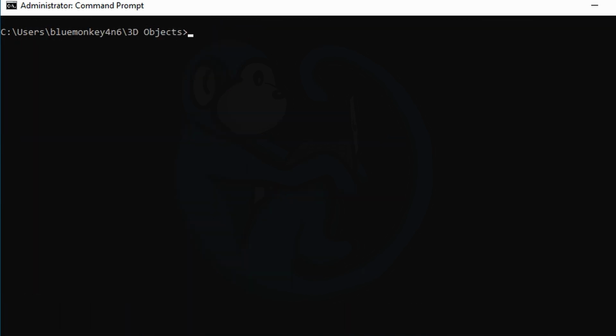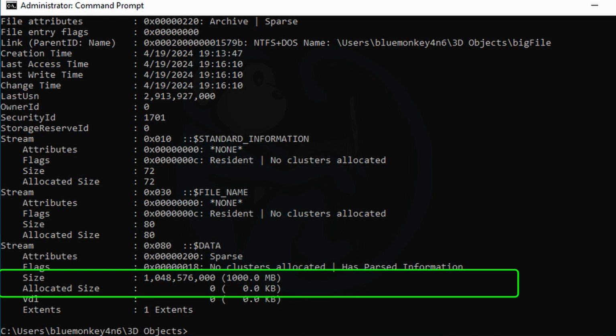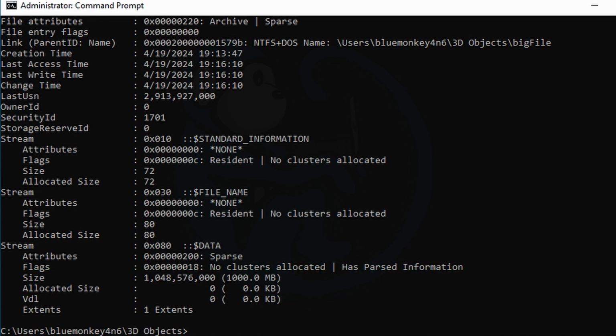And so now let's go ahead and check on the allocated space again with the layout command. fsutil, file, layout, and then the big file. And finally here we can see that the size on disk is actually 0 bytes, right? As the entire big file is blank, so it should not take up any space until we actually populate it with data. So in Windows, it takes 3 steps to do. So it is a little more work than Linux, but it's really not too bad once you get the hang